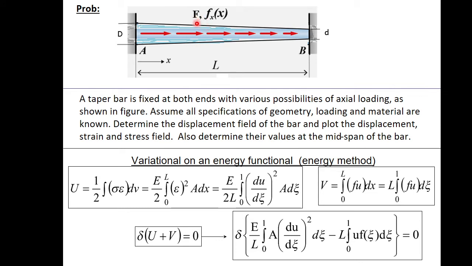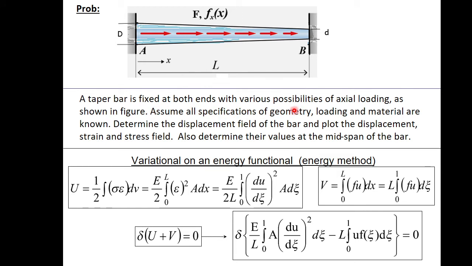Okay, there is capital F, there is small case f. So capital F is a point loading. At any point we can provide a load, as well as we can give a distributed loading over here. This Fx can be uniform loading, can be triangular loading. Whatever form is possible we can give. So with various possibilities of axial loading as shown in figure.